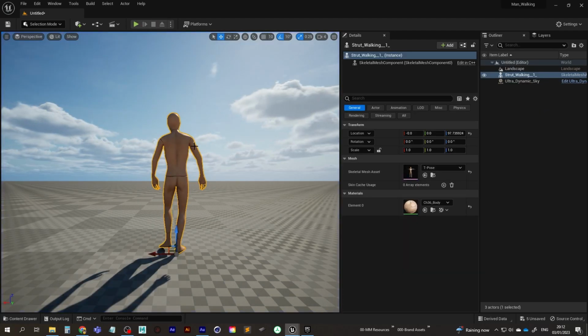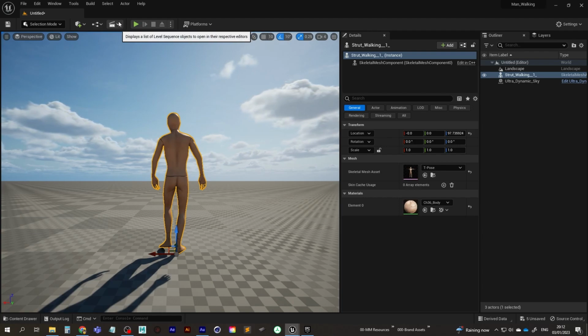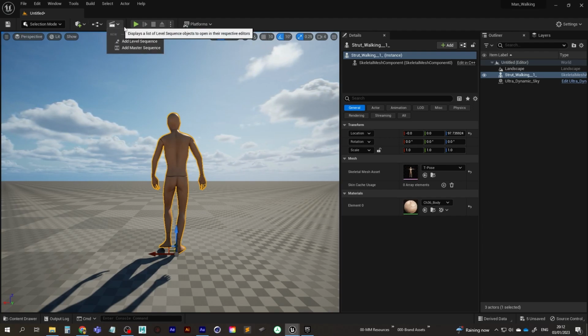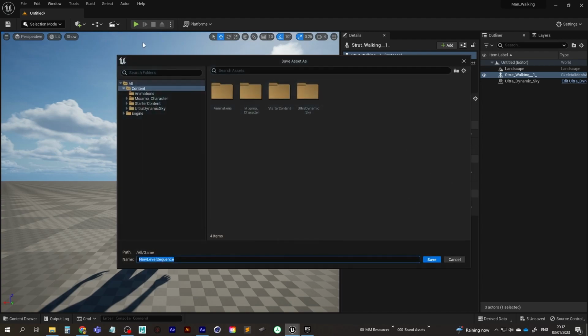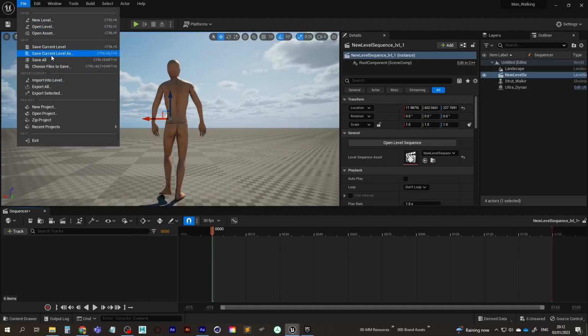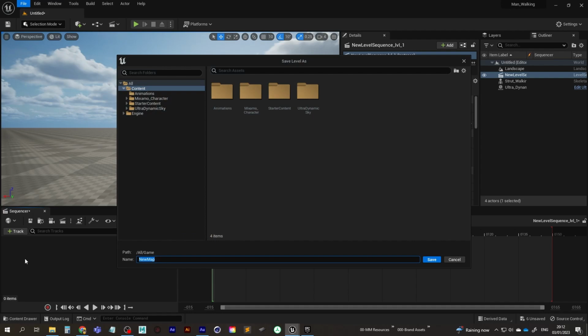Now, I'm going to need an image sequence, or not an image sequence, what is it called? A level sequence. So it's kind of like a timeline, and from Cinema 4D, you'd have a timeline. So there is no timeline at the moment, so we're going to create one, and we click on this little icon here, this little clapperboard, I think it's called, and then just add level sequence. We're going to give it a name. We'll just say level sequence level 1. And also let's save current level as level 1.